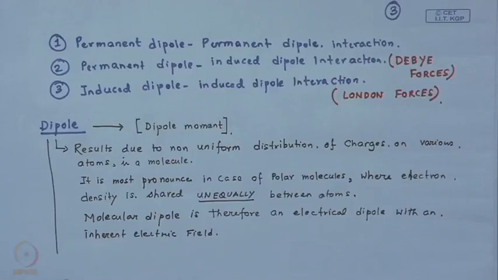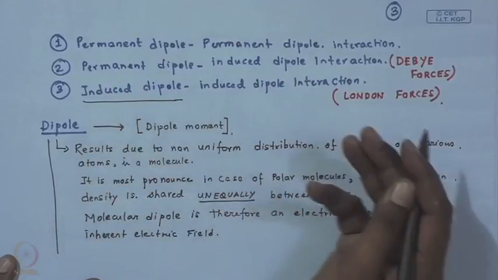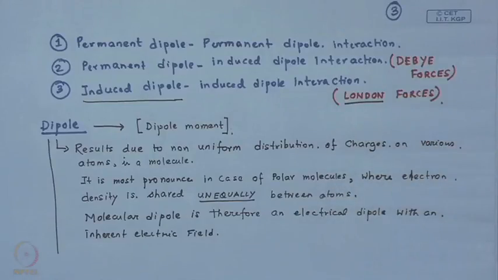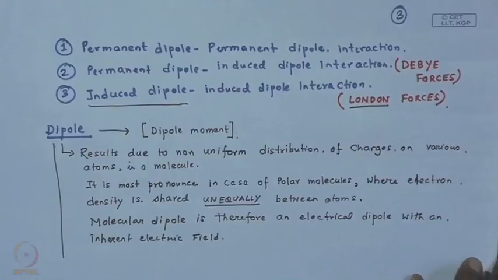But in absolutely neutral molecules as well as atoms, due to the localization of the electron cloud around the nucleus at any given instance of time, there is the origin of the so-called induced dipole, which induces a mirror charge on the neighboring molecule. This is the origin of the London forces, which we have already talked about. Okay, so, in permanent dipole,